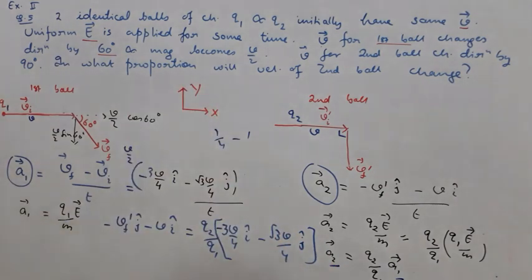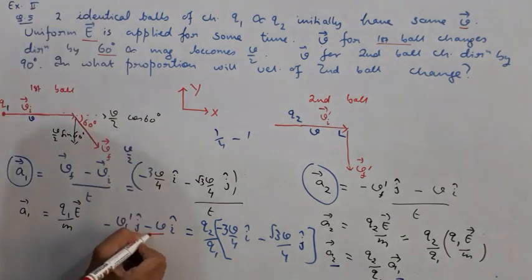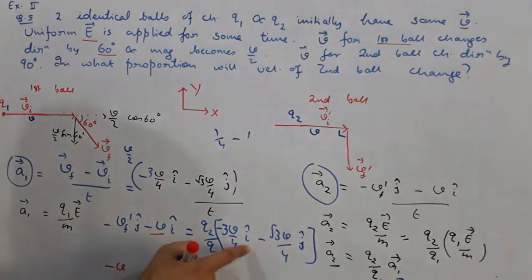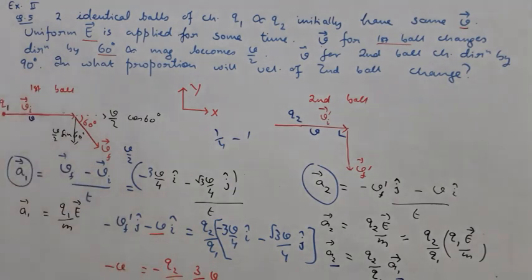Now you see this particular equation. In this equation we can segregate the i cap and j cap parts. What is the component of i cap here? It is minus v. And what is the component of i cap here? It is q2 upon q1 times minus 3 upon 4 v. So v will cancel and this will give us the value for q2 by q1. Our q2 by q1 will become equal to, so minus signs will cancel, v will also cancel, this becomes 4 by 3. So q2 by q1 becomes 4 by 3. This we have got on equating the x components, i cap.